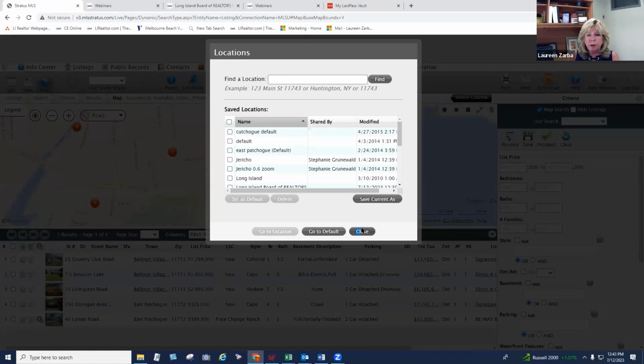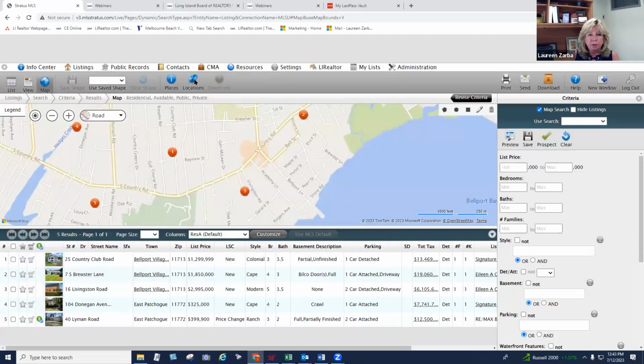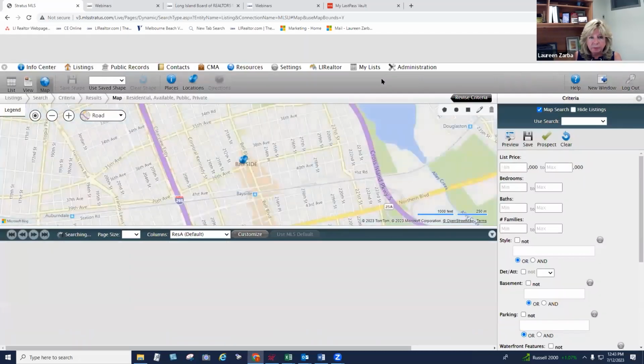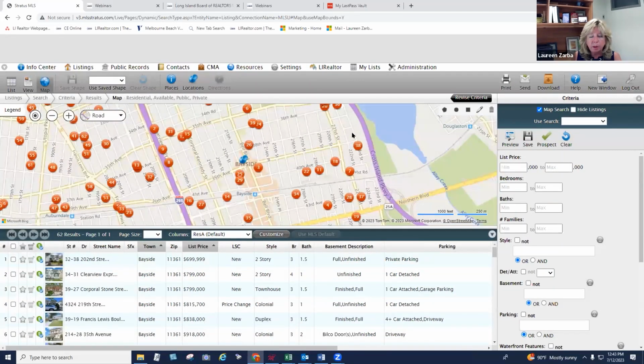Oh, did you see how I did that? I'm going to click on locate. I put in whatever town. Remember, this map will search the country. You got to be really careful. Let's see if I leave. I think I'm in. No, I am in Queens. Okay, so there's Bayside here,